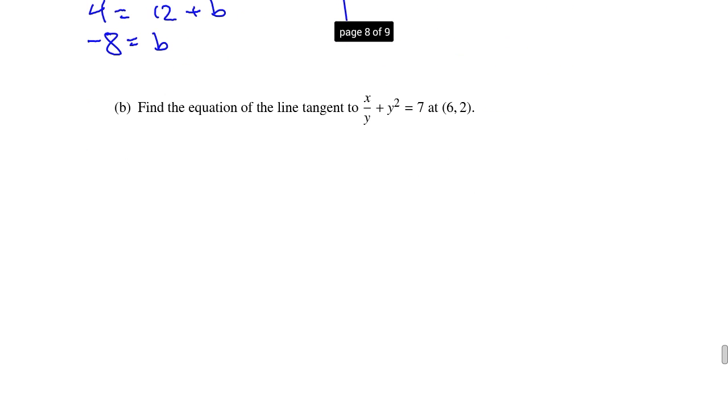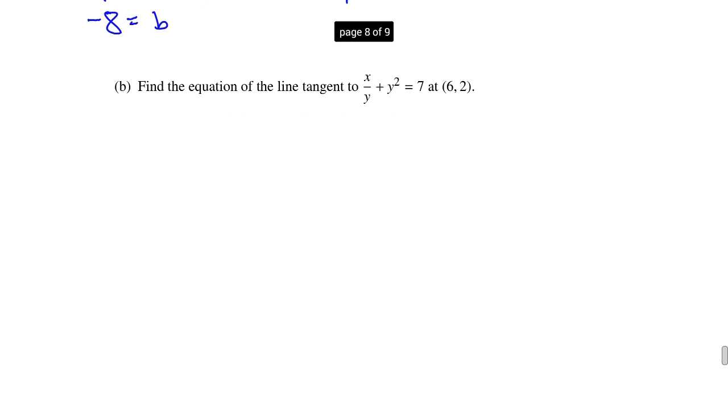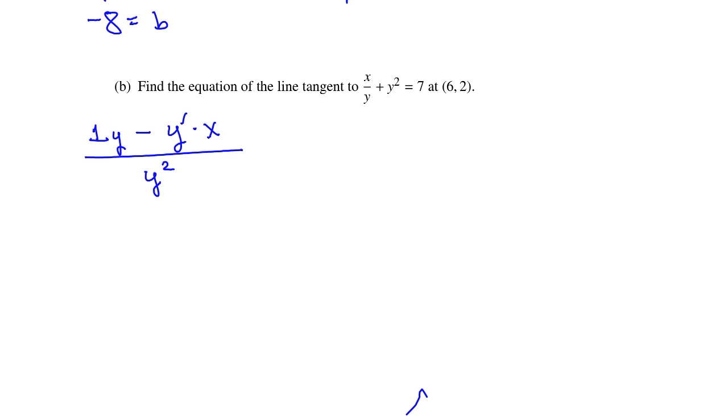Question B, find the equation of the line tangent to x over y plus y squared is equal to 7 at the point (6, 2). Well, here we need to find the derivative, and we have to do it implicitly because we have y's in the middle of our equation. So first I'm going to take the derivative of x over y. That's going to be a quotient. So it's the derivative of x, which is 1, times y unchanged, minus the derivative of y, y prime, times the x unchanged, divided by y squared, plus the derivative of y squared, which is 2y y prime, is equal to 0,